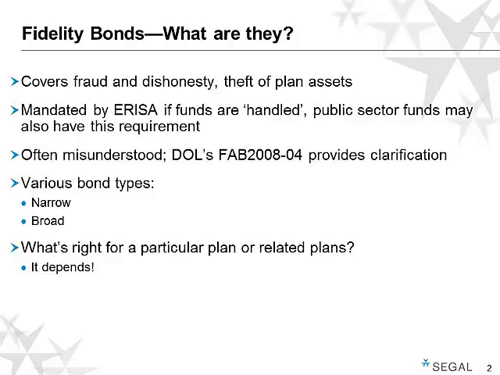The types of bonds can be very narrow in their scope. They can be very broad in their scope. And both are absolutely legitimate and both are absolutely permissible. And I'm using that absolute word that I don't usually like to use because ERISA, the DOL in its Field Assistance Bulletin, says that trustees have the flexibility to decide how they want to be compliant. And these different bonds give them different options.